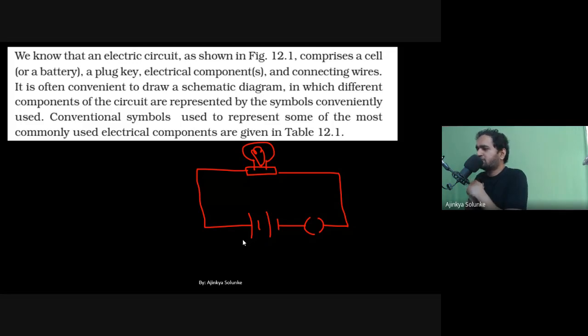Okay, good. So the first point is very much clear to the students: as we have connected two cells, that means it must be a battery. It's a battery basically, not a cell. Okay. Next question. Whether this switch is on or off? The switch is off. Definitely it is off. Whether the switch is open or closed.